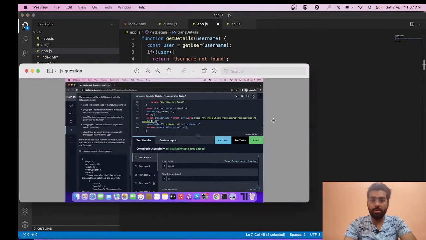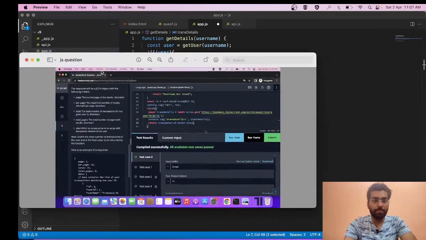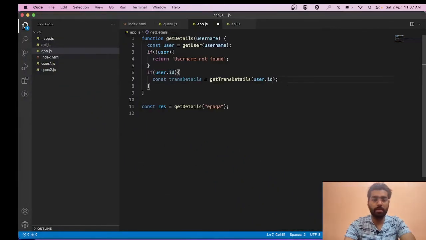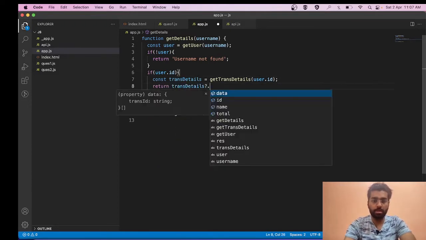I have shown you in the screenshot also that it was taking user ID. Now we simply need to return transactionDetails.total.